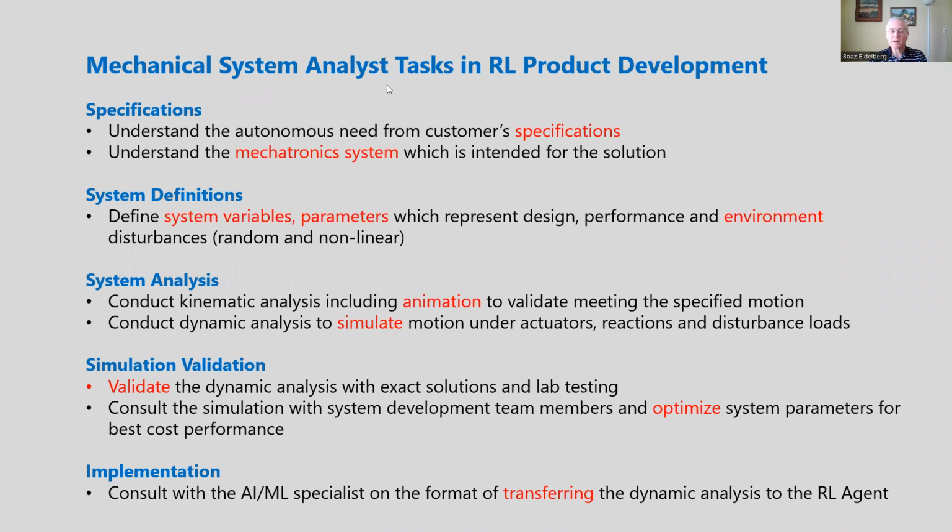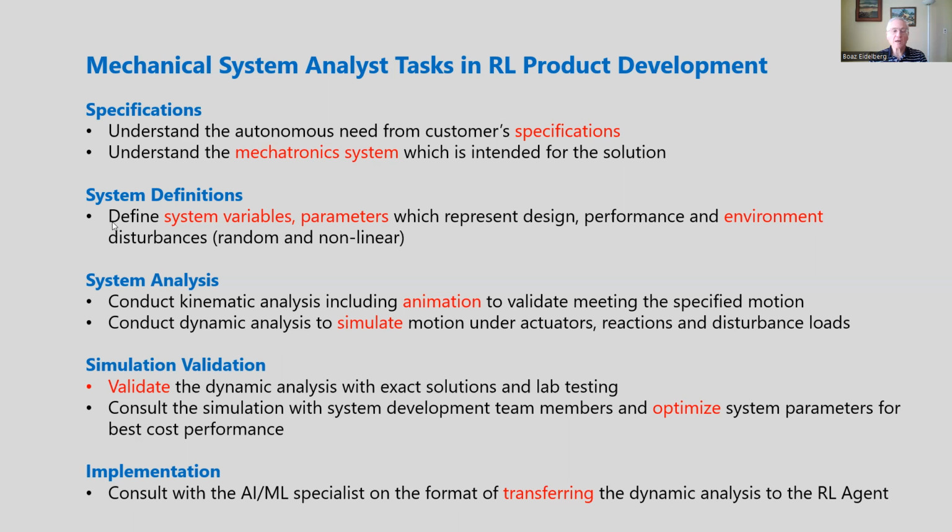The mechanical system analysis tasks in reinforcement learning product development include specifications, system definition, system analysis, simulation validation, and implementation. In the specification, the analyst has to understand the needs as defined by the customer or by the company management. Also has to understand the mechatronic system which is intended for a solution, or perhaps it is a newly developed